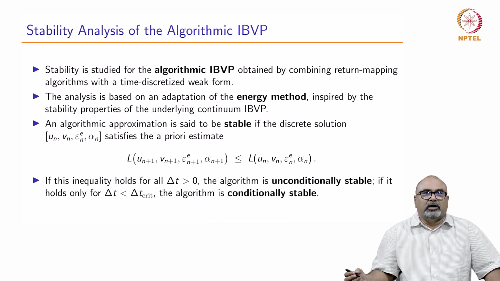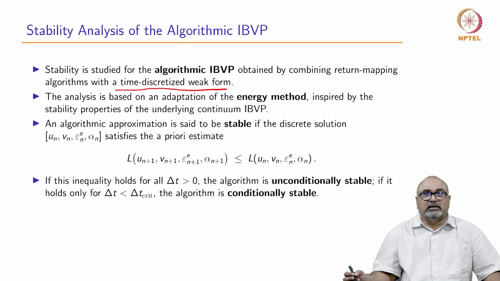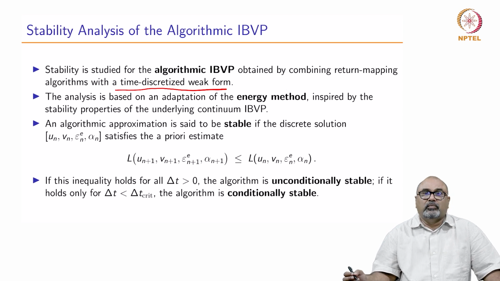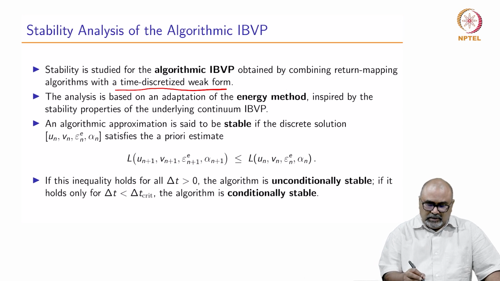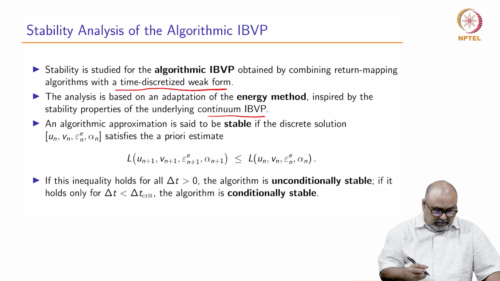algorithmic boundary value problem stability by combining the return mapping algorithm with a time discretized weak form, where there is a need to look at the return mapping algorithm together with the discretized weak form. The analysis is based on adapting the energy method inspired by stability properties of the underlying boundary value problem. An algorithmic approximation is said to be stable if the discrete solution satisfies the a priori estimate of any functional